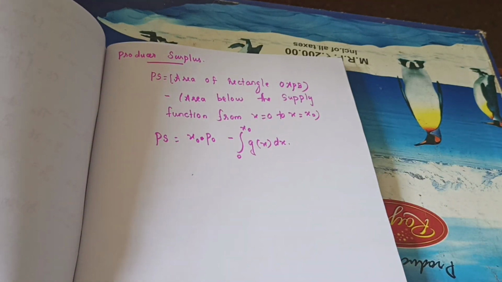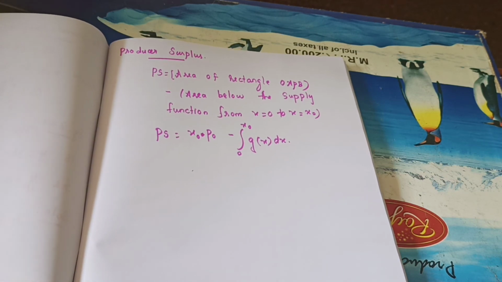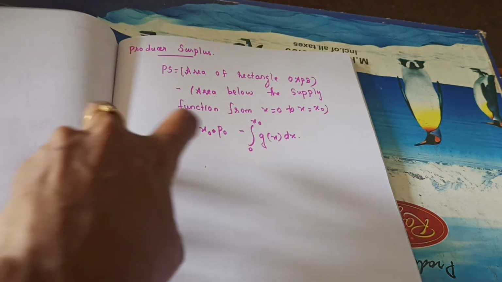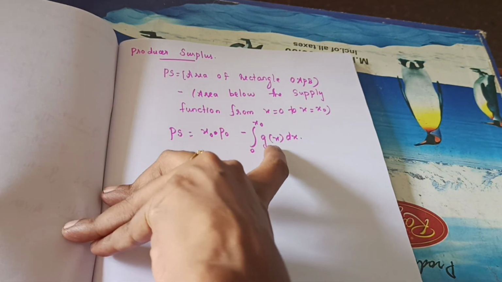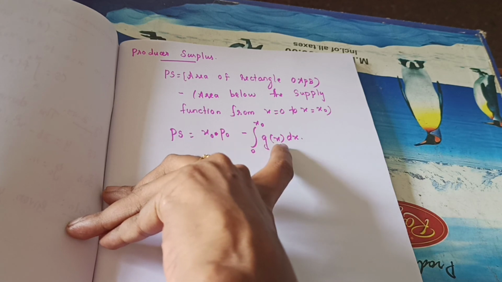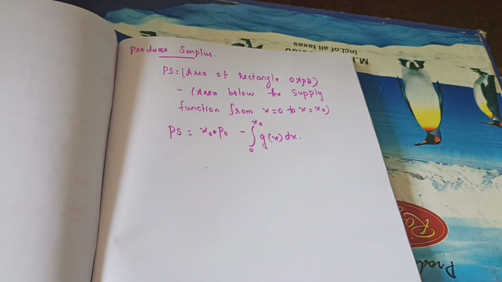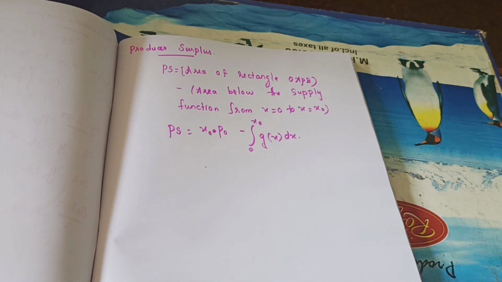There is a small change in these two formulas. What is the small change? The CS formula is this one first, is it right? Here we take a function as f of x. This one next, here this one minus this one. For CS, it is this one minus this one. That's the only difference. So you just differentiate these two formulas and learn them thoroughly. Using these two formulas, we are going to do all the problems.